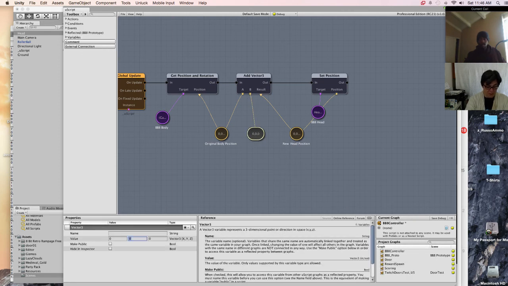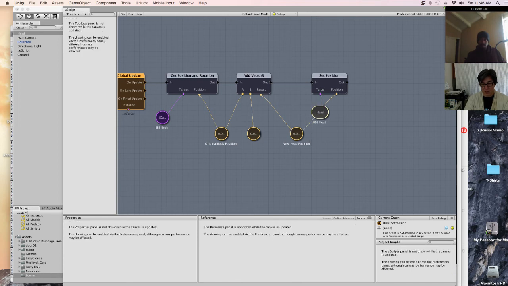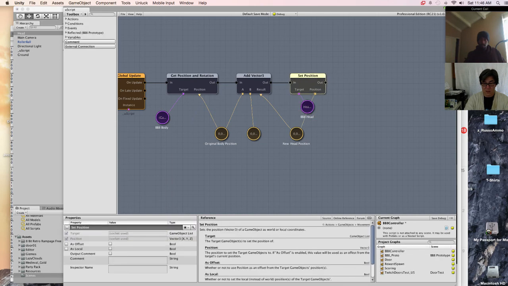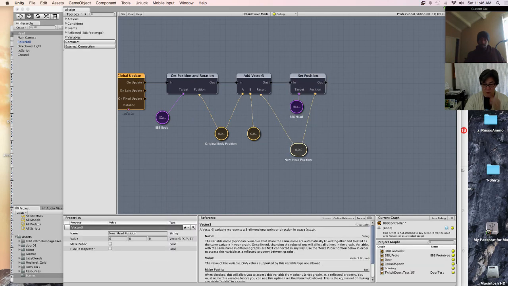Add 0.7, right? On the y-axis, the result is out here, and when it's running, actually, the x and z should be changing, and the 0.7 should stay static. And then let's set the position of the head to this new vector position.